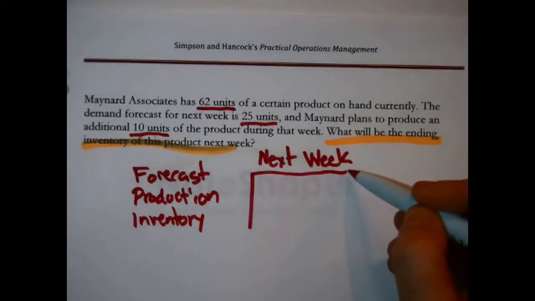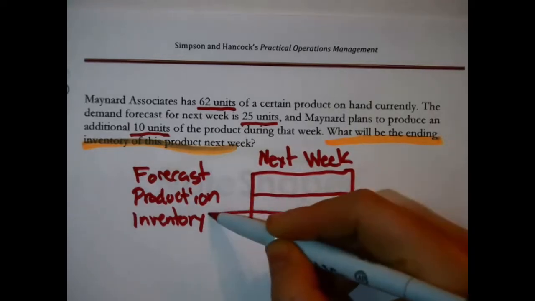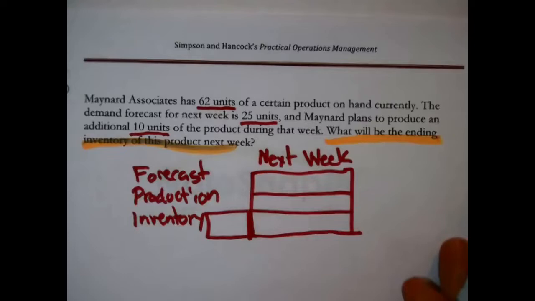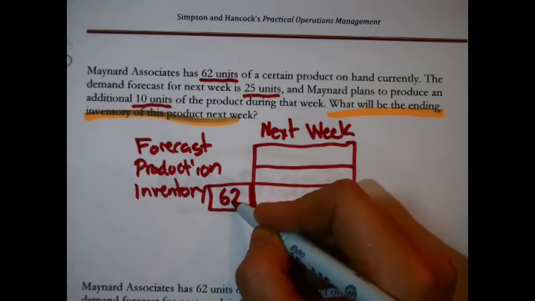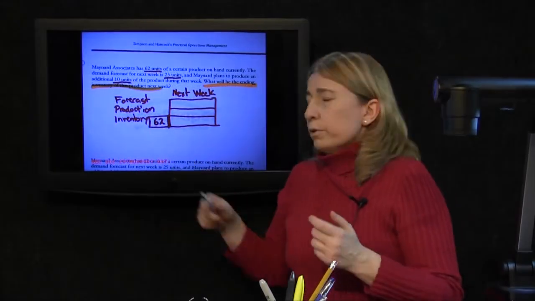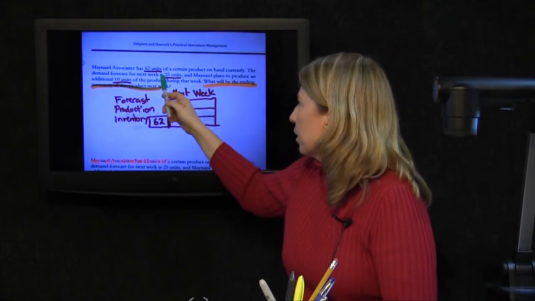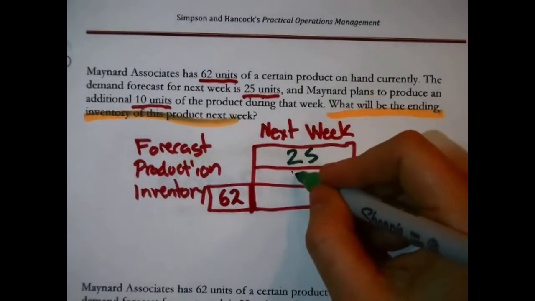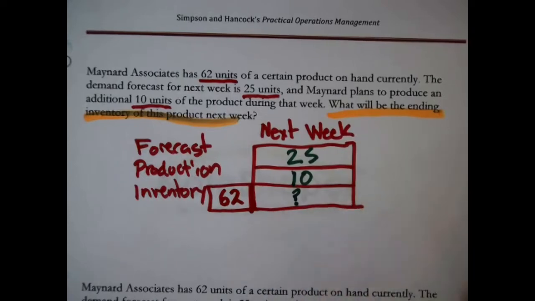There's only one column, that's next week, except with inventory, I'm going to create a little strange box to the left of my one column. First off, what is all this for? To store this information. To make a note of, this is next week, but it said that right now we actually do have 62 of these. That'd be a perfect place to put that. Okay, now wait, this is to store all the rest of that information, so the demand forecast for next week is 25 units. That's where this would go. And we have plans to make 10 next week, so that's where that would go, which is revealing that this is actually what the question is asking, is then by the end of the next week,